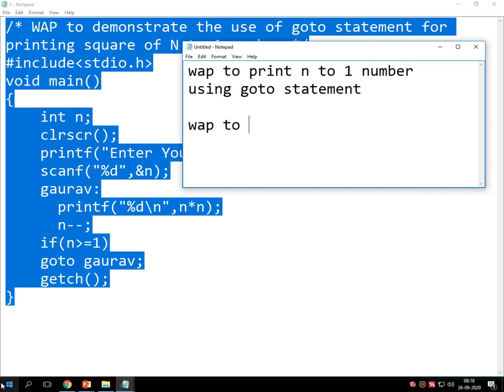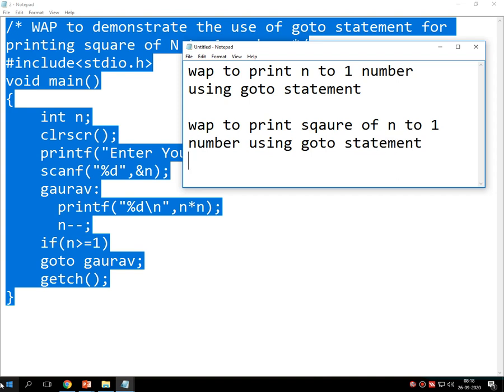Write a program to print the square of n to 1 numbers using goto statement. Right, this is my program number 2 which I have done in today's lecture.